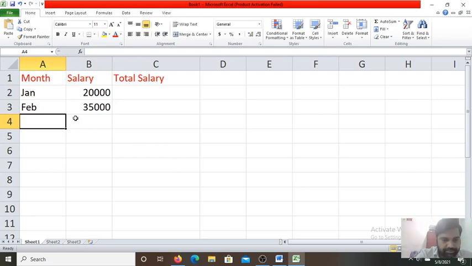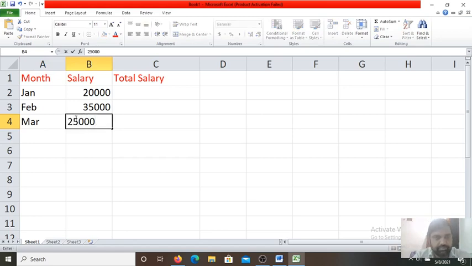Next March, salary is 25,000. Next April, salary is 27,000.